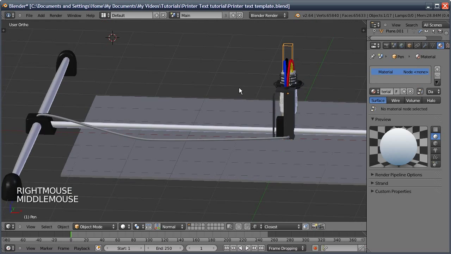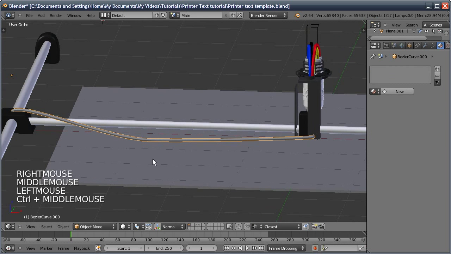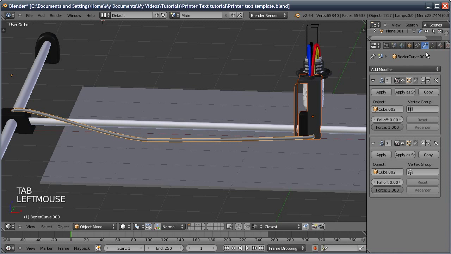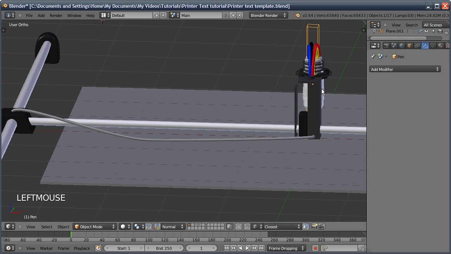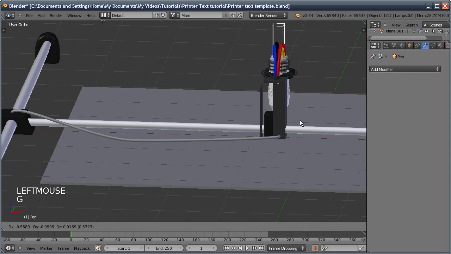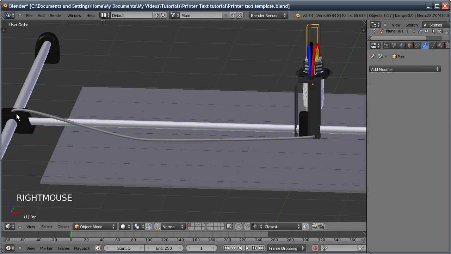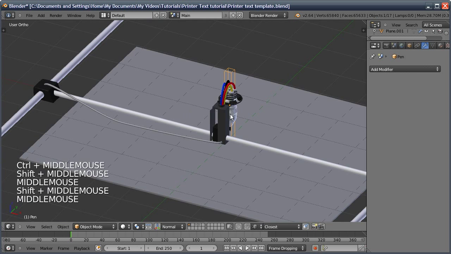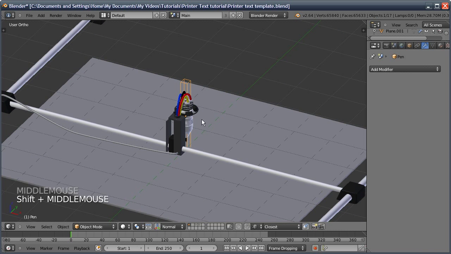Now on mine I actually added in a few other hooks, so selected this, then the curve, hooked to selected object, and then I actually reduced this so it wasn't fully hooked, but it would get some of the movement. So if you move it, it does seem to move a bit. Obviously you'd have to fine tune it because it's intersecting a bit there, but for the tutorial that's going to be alright. So now we've set up the rig, we can actually work out what image we want to appear